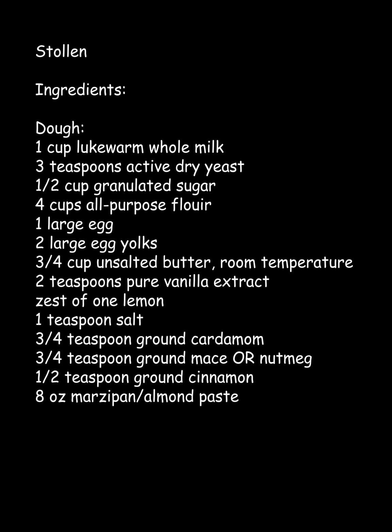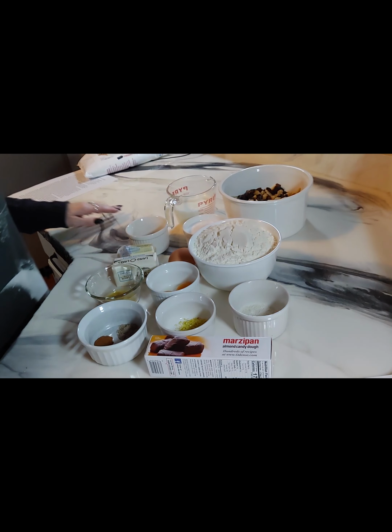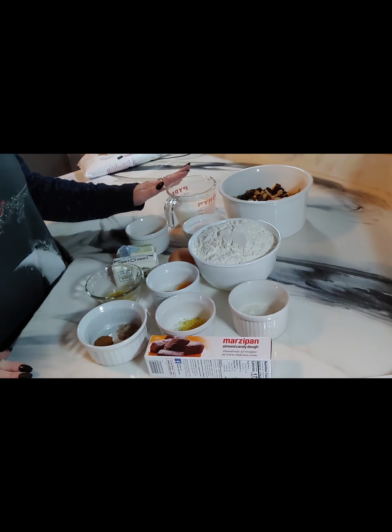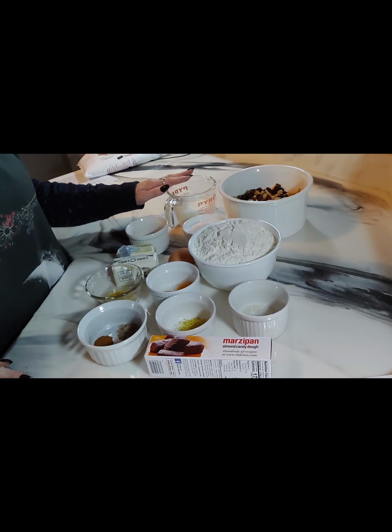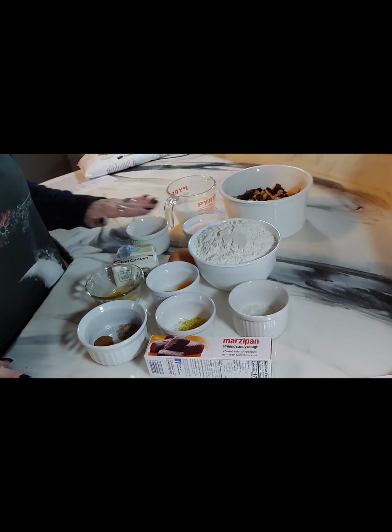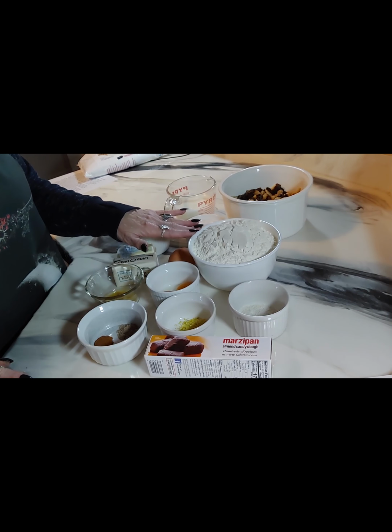Today's recipe is Stollen, which is a German traditional holiday pastry. The ingredients are 1 cup lukewarm whole milk, 3 teaspoons active dry yeast, 1/2 cup granulated sugar, 4 cups all-purpose